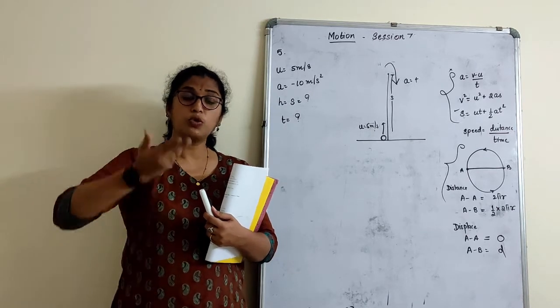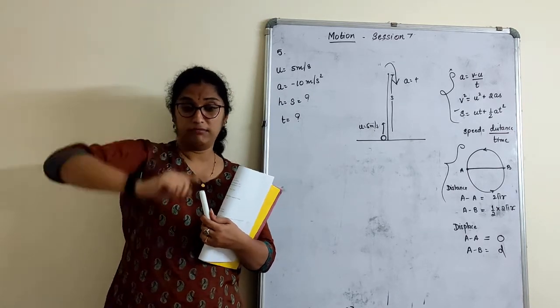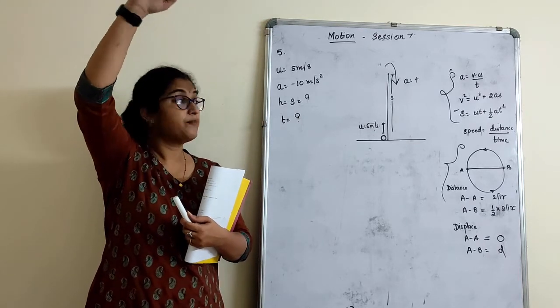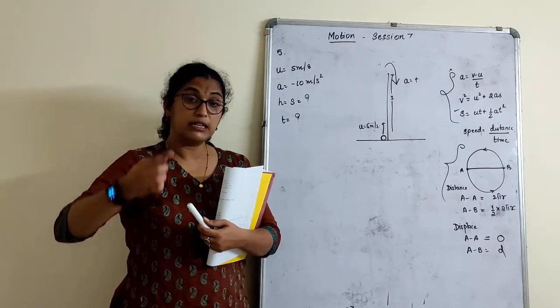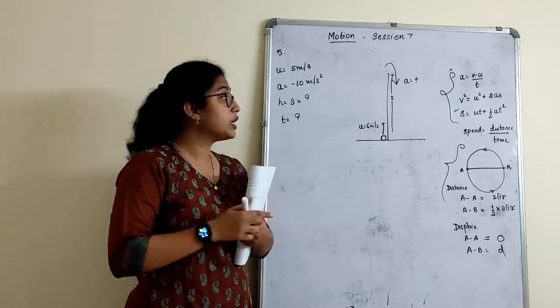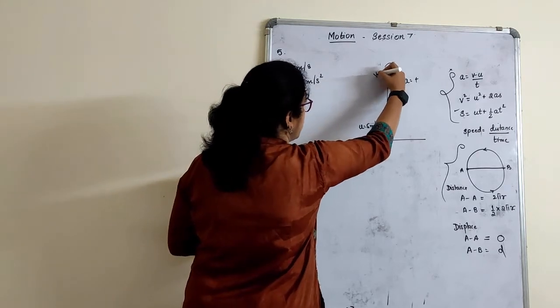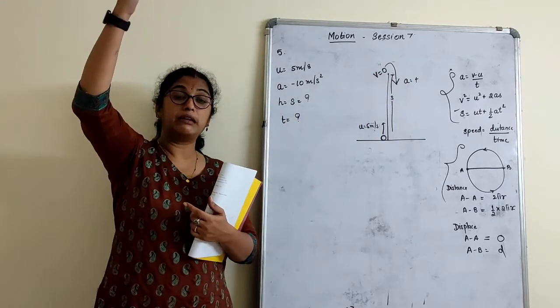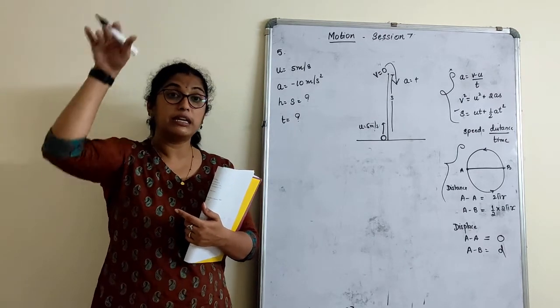That means my stone will go to a particular height, that is a distance from the ground to that height. Okay, so from there it falls. Till where it reaches, why does it have to fall from there? Because its velocity will become 0. See, my stone will go up to a particular height. It travels so and so distance, then it comes down.